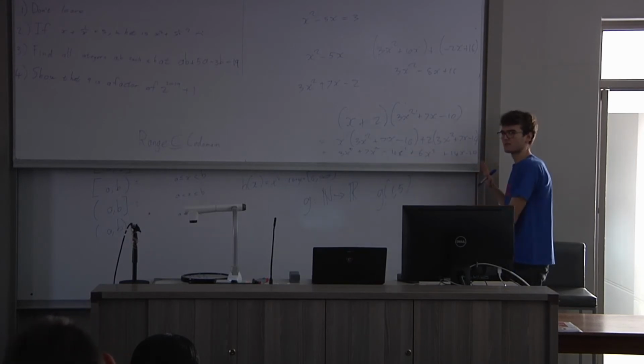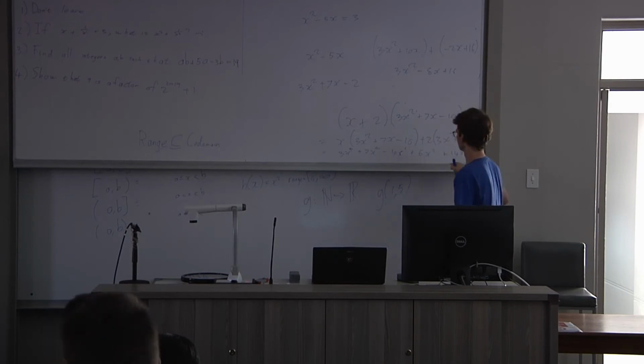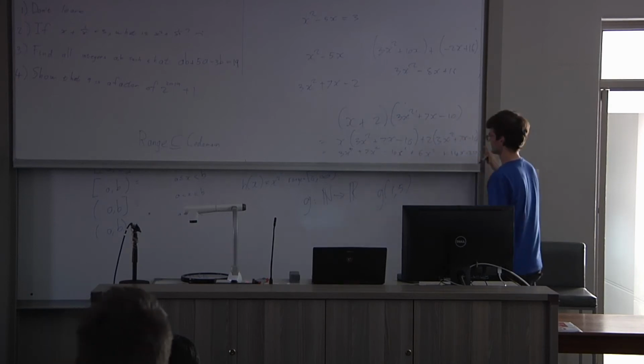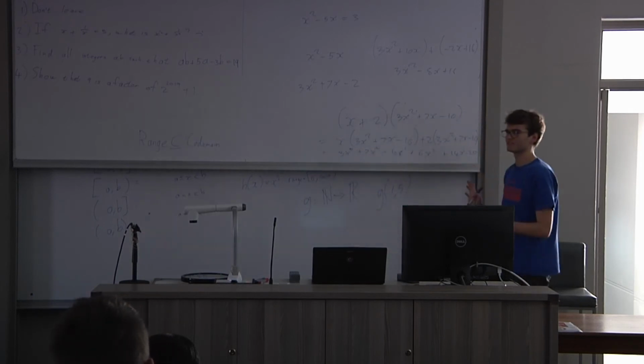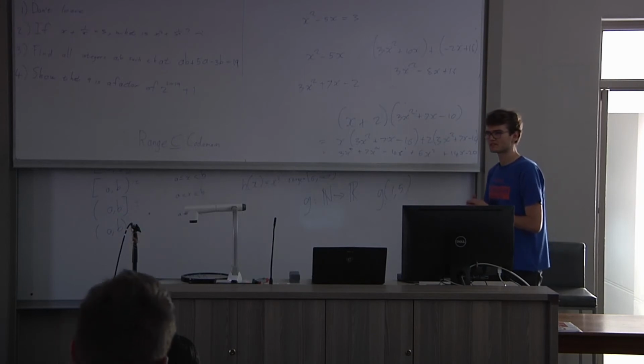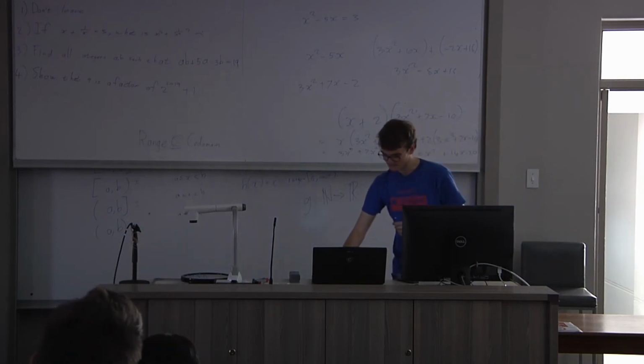Isn't it 6x cubed? Oh, that's a, sorry, 2. Sorry. Yeah. 42x over 2. Yeah, and that's whatever that is. You just add all the like terms together. Cool. So if you're comfortable with that,